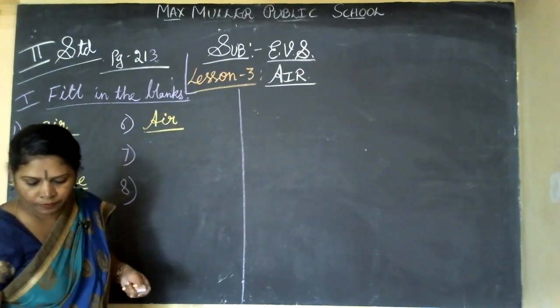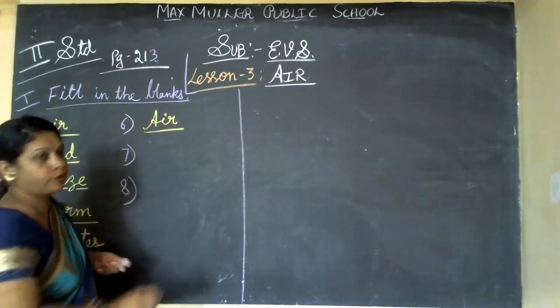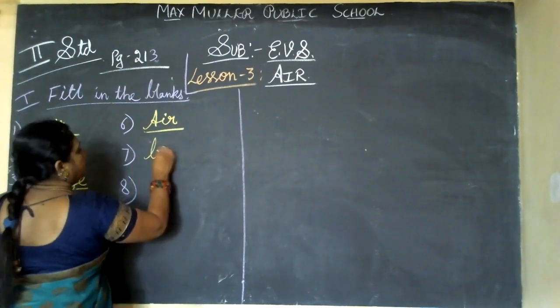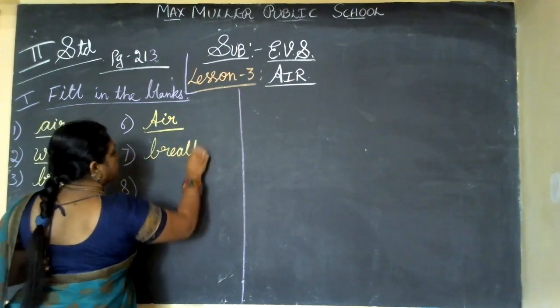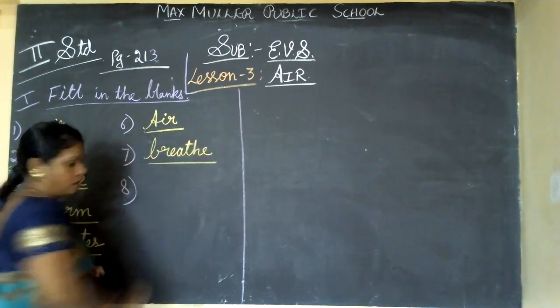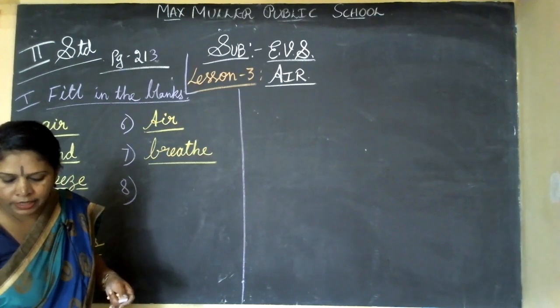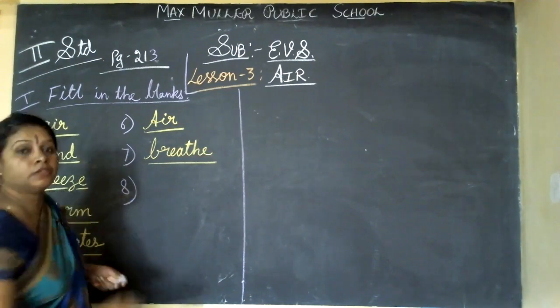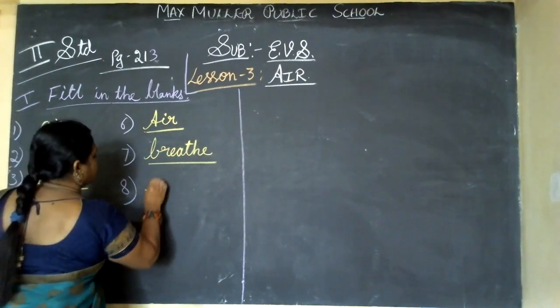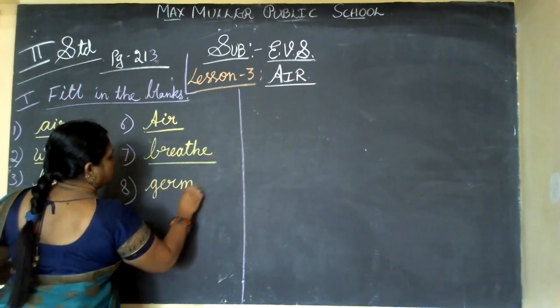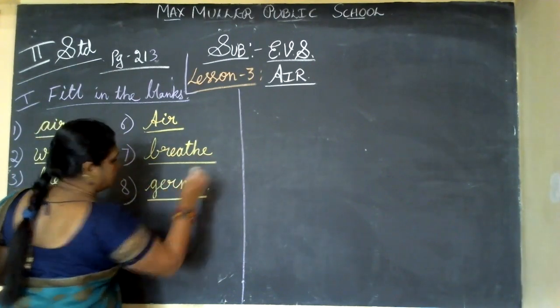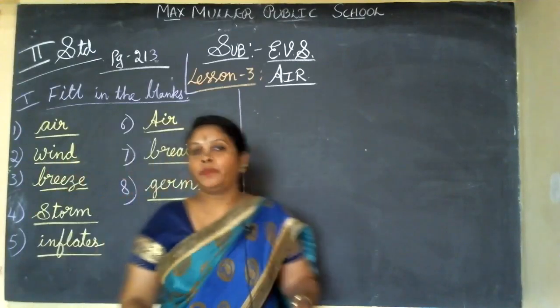Seventh one, we need clean air to breathe. B-R-E-A-T-H-E. Breathe. Eighth one, air contains dust, smoke and tiny particles called germs. Germs. Okay, children, now copy down this